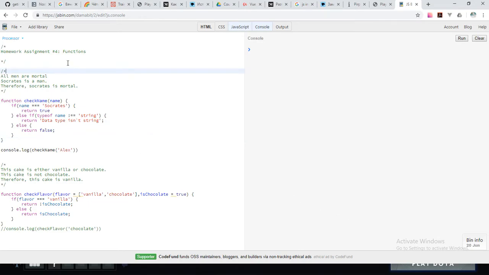Well, it's homework assignment number 4 about functions. I have a task. All men are mortal, Socrates is a man, therefore Socrates is mortal. I made all of this before and now I just want to comment it. Well, the task for this part is to make a function that checks if